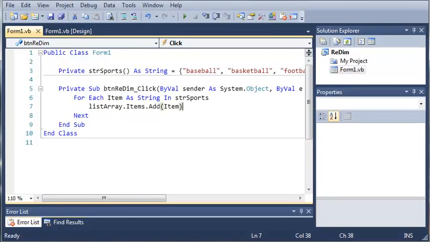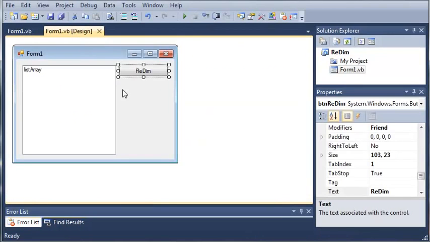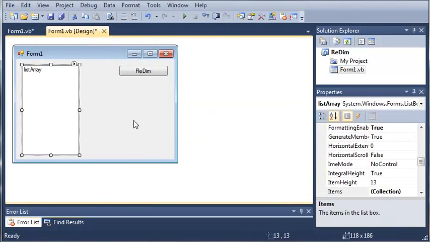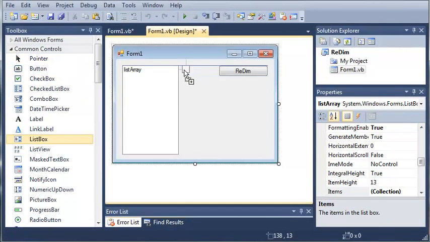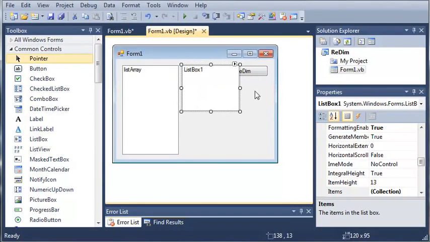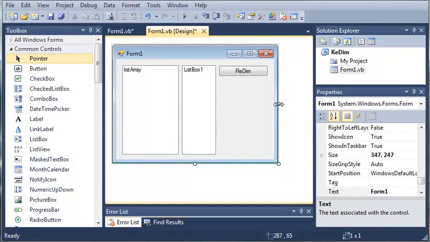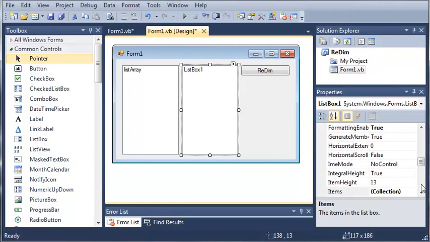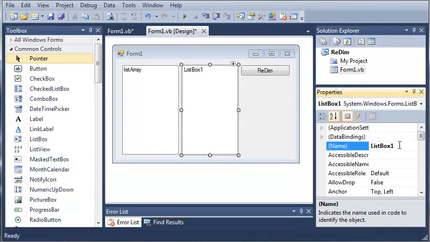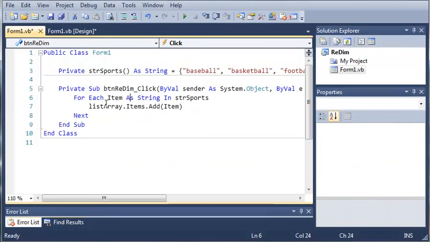So let's wait for this to load here. Okay, so we'll add another list box. So we'll just come over here to our toolbox, find list box. Okay, so we'll shrink this down some to fit into our form, and let's just make this a little wider. And we'll set the name value of this to list new array. So now we'll go ahead and come back here and we will find our button redim click event, and now